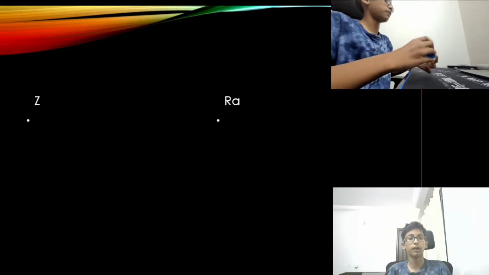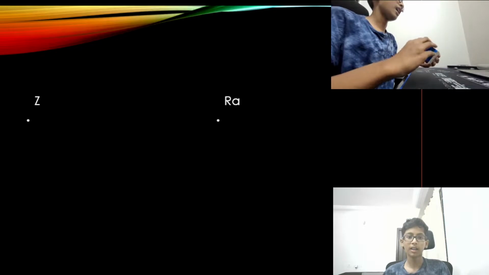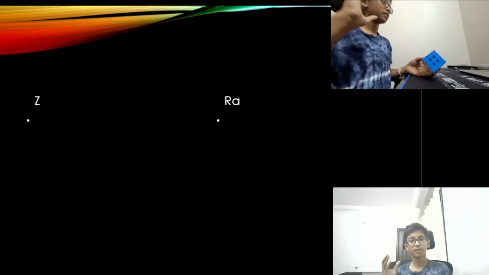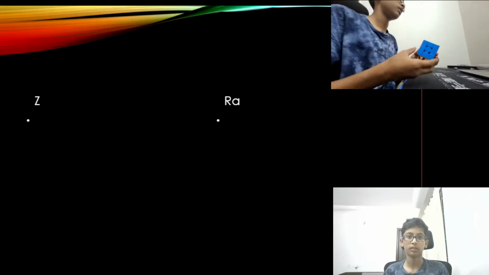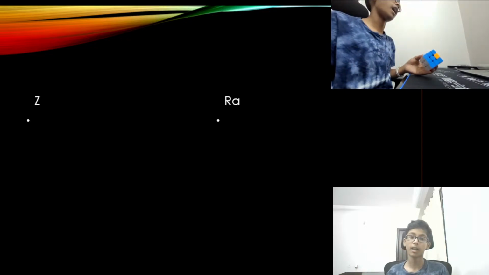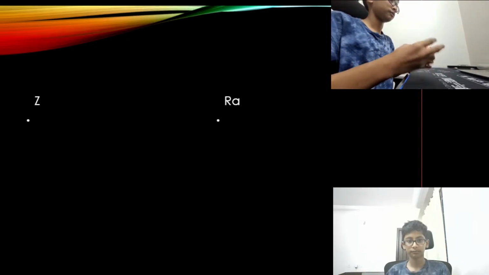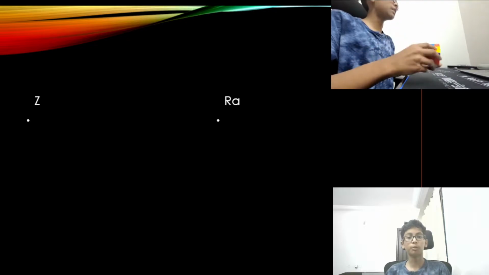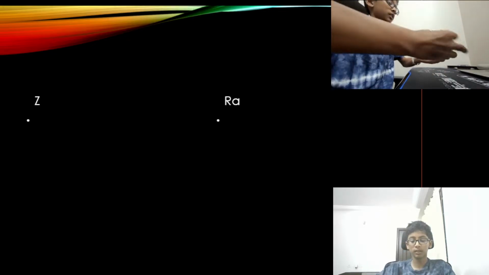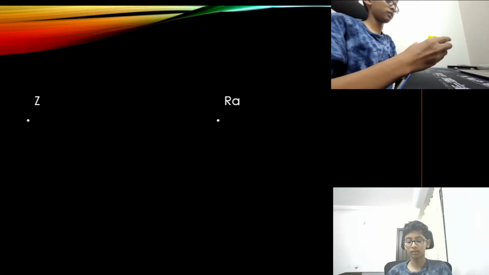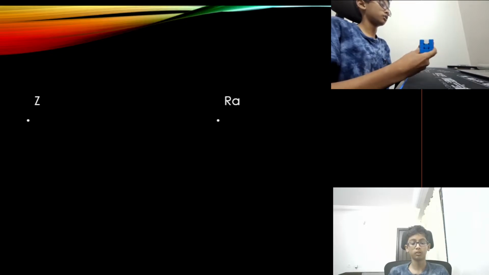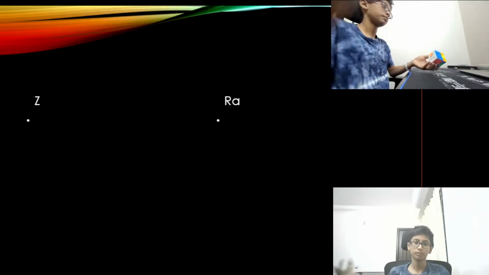Yeah, it's very fast, and Ra is also fast if you get good at it, but it's very hard to get fast at it. Z you can just do that, but Ra on the other hand, it's just the D move that's a little trickier. See the D move here, that's kind of hard to master. That's why I think this one has to go to the Z perm. So next one,